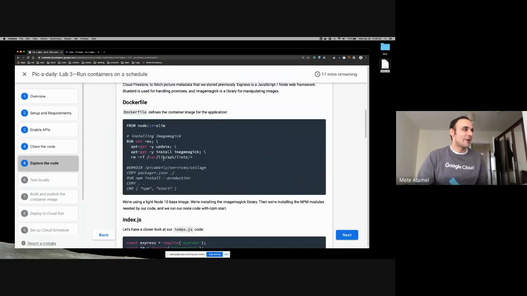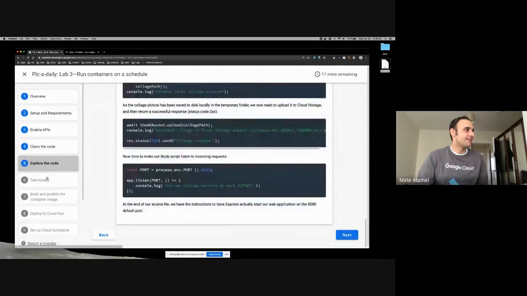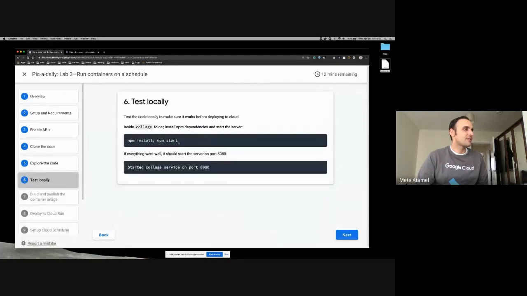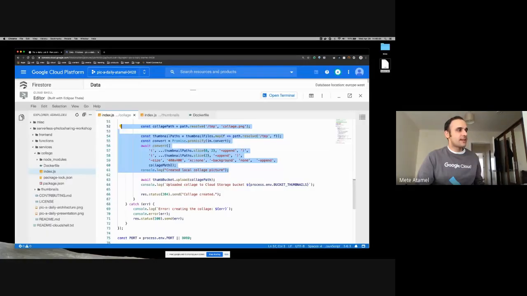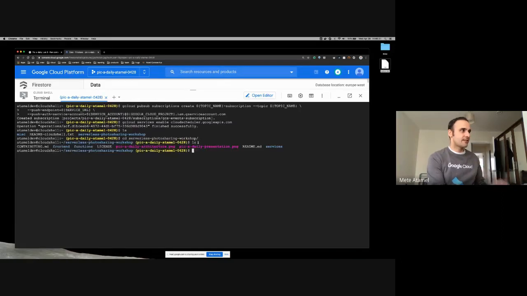All right, so that's the code. I think I covered pretty much everything in here. Let's run this again just to make sure, because sometimes I add a weird command without realizing, and then I try to build the container and something doesn't work and I'm trying to figure out why. So it's always a good idea to just run it locally, quickly, make sure that it's actually working, or at least it starts. So let's go to